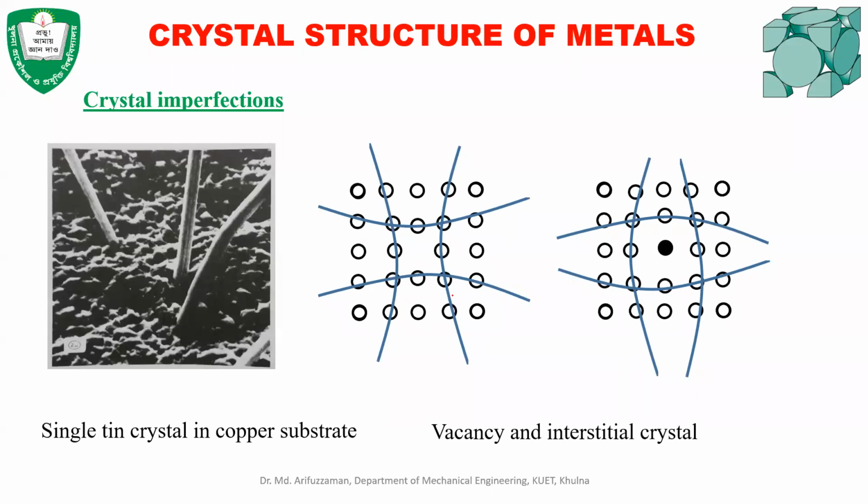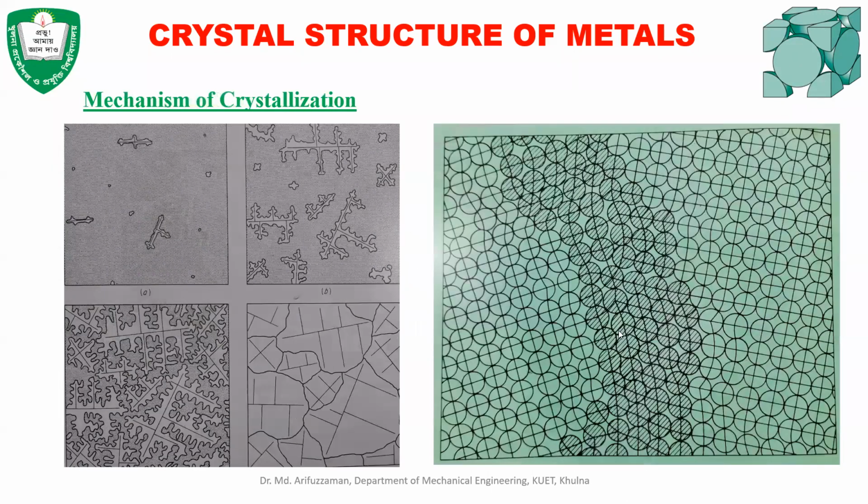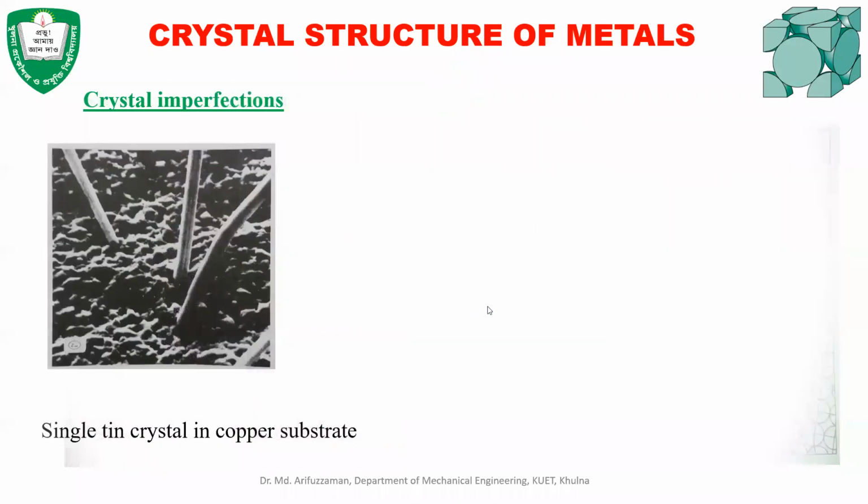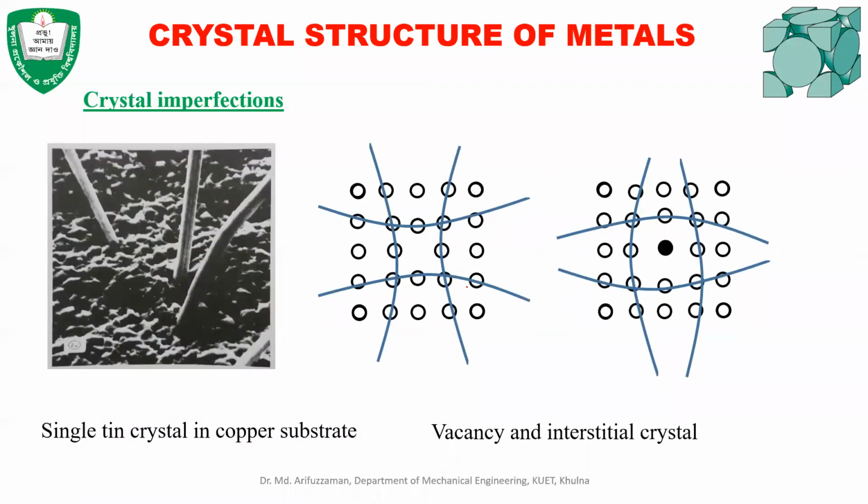Because sometimes, most of the crystal imperfection actually occurs at the grain boundaries, where there is no regular arrangement of atoms. Okay, this is the grain boundary. The crystal imperfection actually occurs in these regions. And if the cooling of the material is not slow, then also crystal imperfection